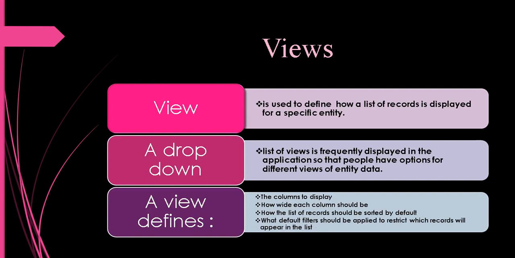So a view is used to define how a list of records is displayed for a specific entity. A drop-down list of views is frequently displayed in the application so that people have options for different views of entity data. A view defines the columns to display, how wide each column should be, how the list of records should be sorted by default,